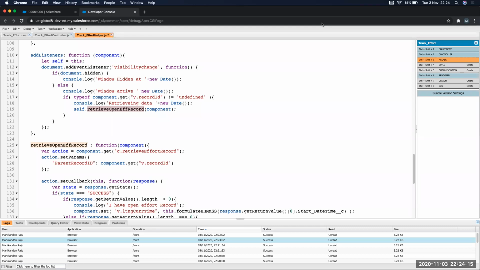When you navigate between windows, most of the time you will see this listener working to check whether the window is active or inactive. When you go back to the old one, it will check for the activeness, and then it will retrieve from the Salesforce database, and it will find, because you have already stopped it on the second tab, that it is already closed with the end date time. So when you come back to the first one, it will already be reset to 00.